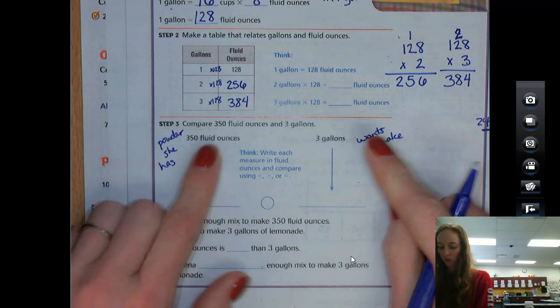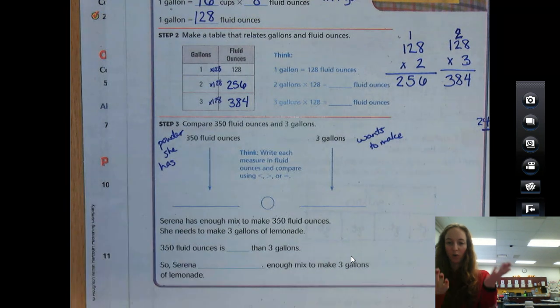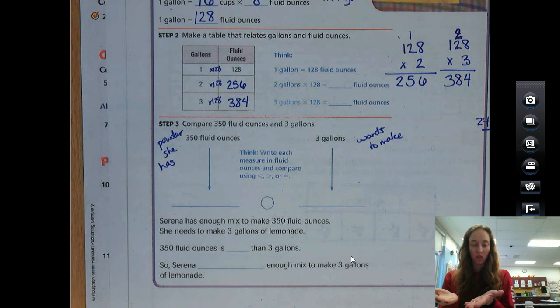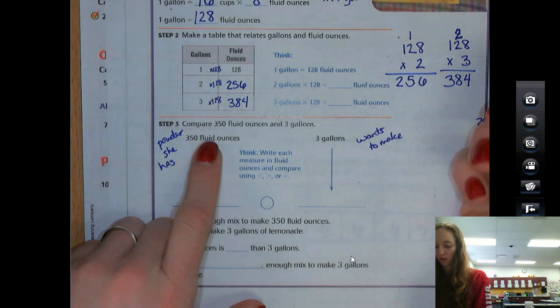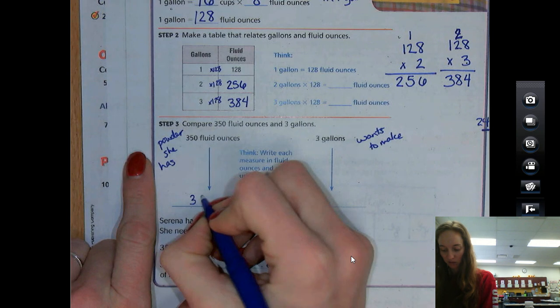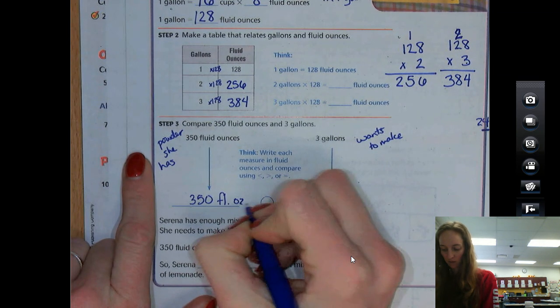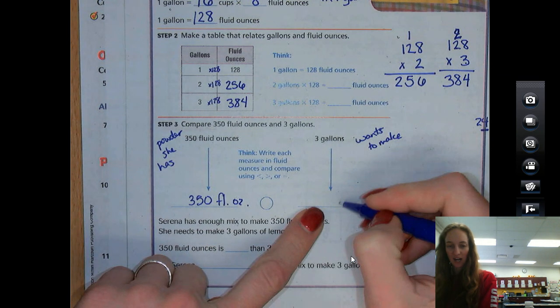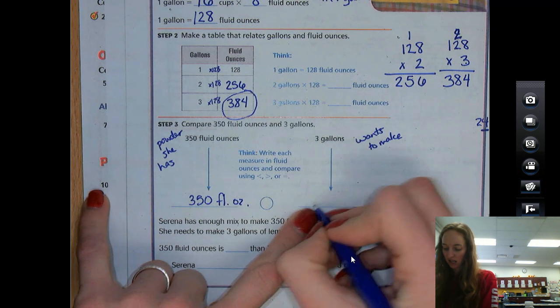Okay, so we said when you have fluid ounces and gallons, you have 2 different units. We need to put both units in the same unit. Which one do we use, the smaller one or the bigger one? We use the smaller one, right? So we need them both in fluid ounces. So 350 fluid ounces is 350 fluid ounces. Okay, that one stays the same. Okay, 3 gallons we just figured out is 384